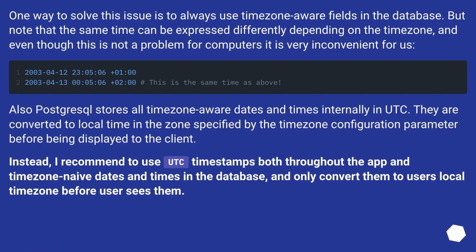One way to solve this issue is to always use timezone-aware fields in the database. But note that the same time can be expressed differently depending on the timezone, and even though this is not a problem for computers, it is very inconvenient for us. Also, PostgreSQL stores all timezone-aware dates and times internally in UTC. They are converted to local time in the zone specified by the timezone configuration parameter before being displayed to the